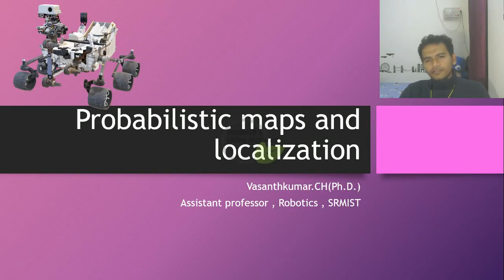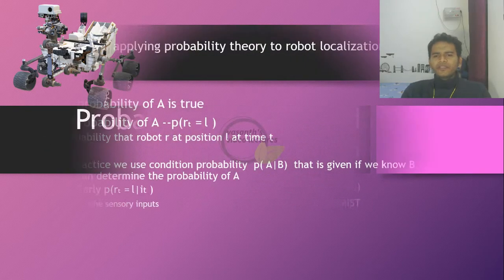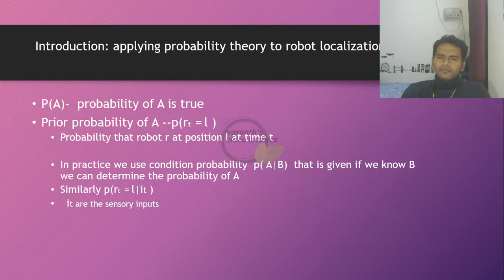Today we are going to discuss probabilistic maps and the different types of localization that are applied, especially in mobile robots. So let us check what the fundamental rule of thumb for probabilistic maps is: the probability theory itself. In probability theory, for determining the probability of A,